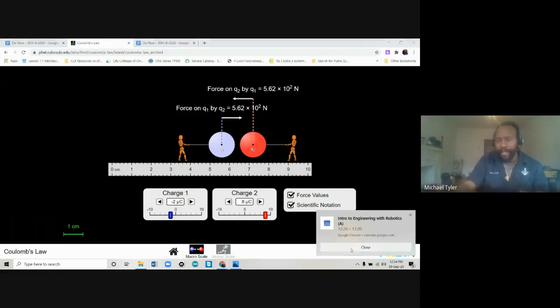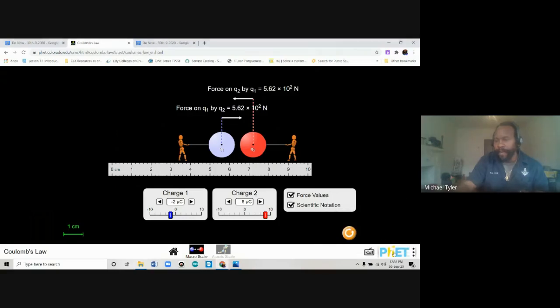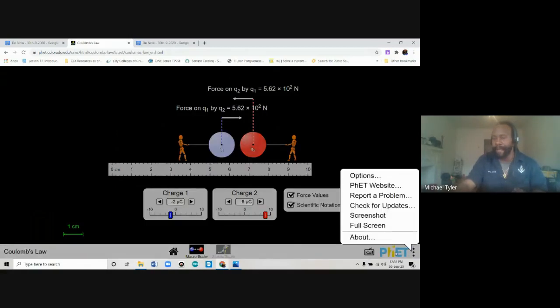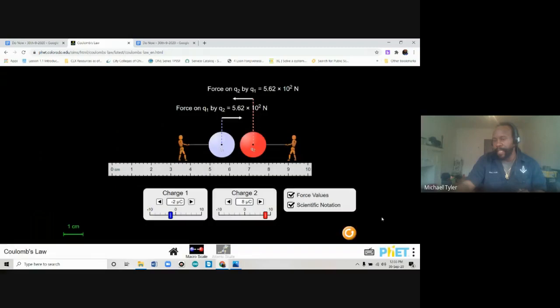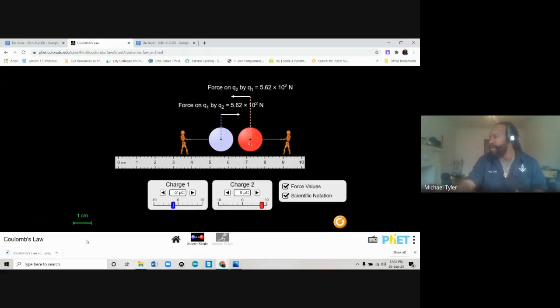Okay, so the snapshot part. To do a snapshot here, you come down here, and I made sure this was easy because not everybody had the print screen button, right? You have to set your simulation up the way I have, and then take a snapshot by clicking on the PhET simulation button in the corner. Once you do that, it should download a PNG file. We've been doing this since last week, so it should be easy.